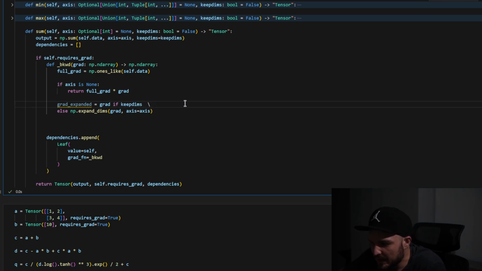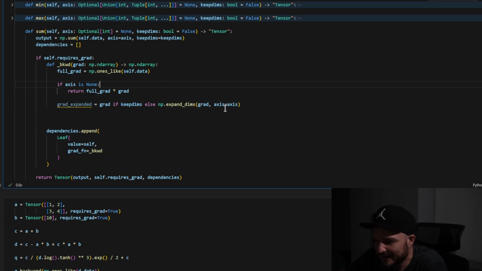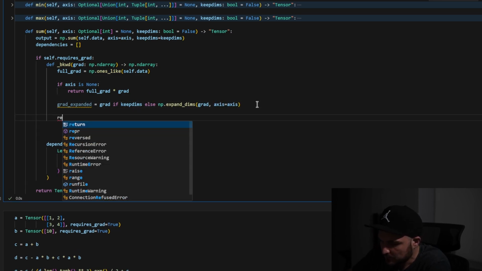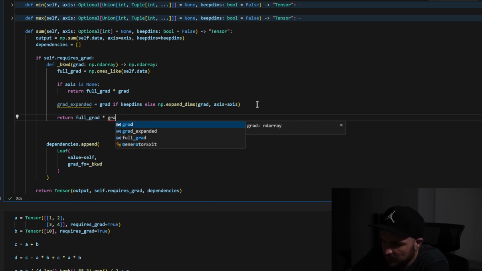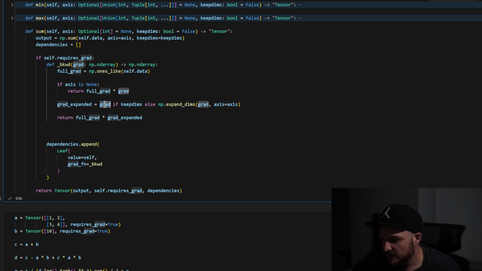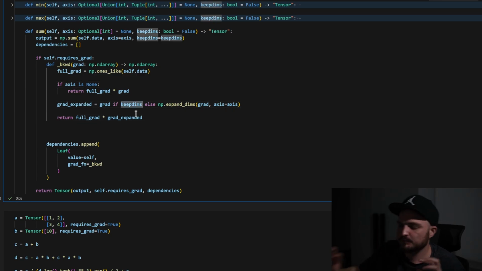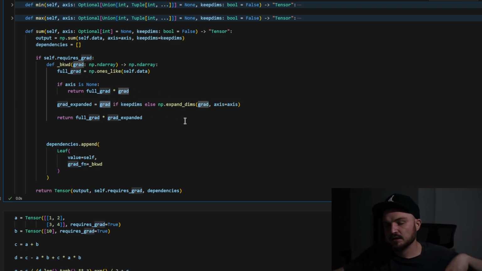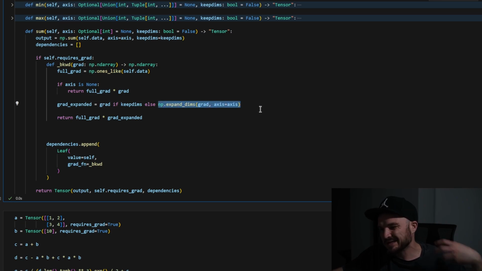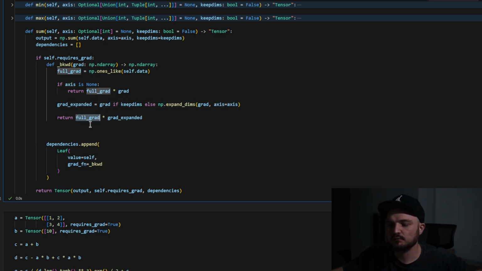Otherwise, we need to expand the gradient along the specified axis. As the last step, we need to return the full gradient times the gradient expanded. So we just follow the keep dimensions flag and axis. If we just preserve the dimensionality of the tensor, we just return the original gradient. Otherwise, we expand the gradient along the axis and return the result of element-wise multiplication between the full